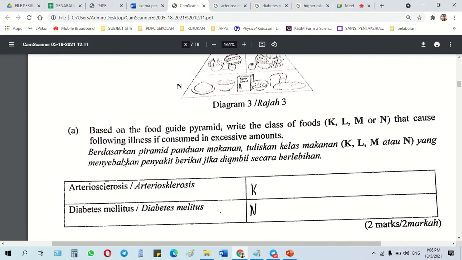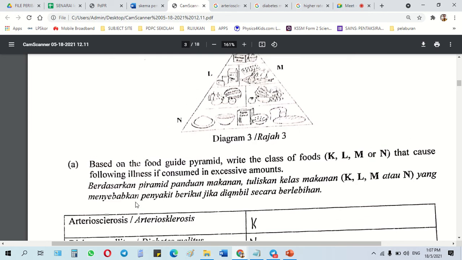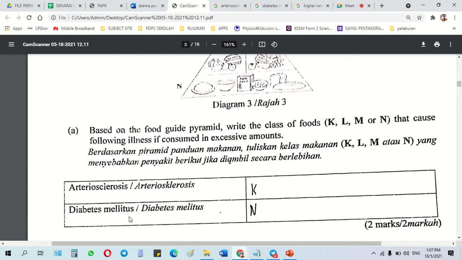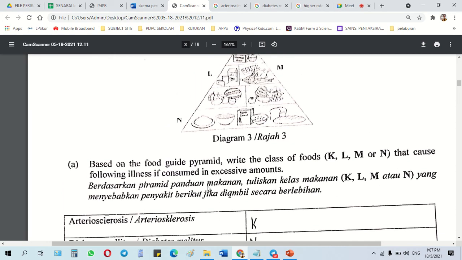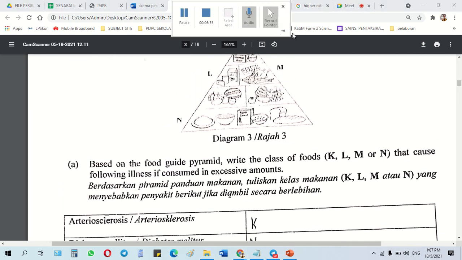And then, okay, based on the food guide pyramid, write the class of food that causes the following illness if consumed in excessive amount. So kalau kita ambil dengan jumlah yang sangat banyak, berlebihan, apa yang akan jadi? Okay, number 1, arteriosclerosis. Okay, so arteriosclerosis ni tadi because of